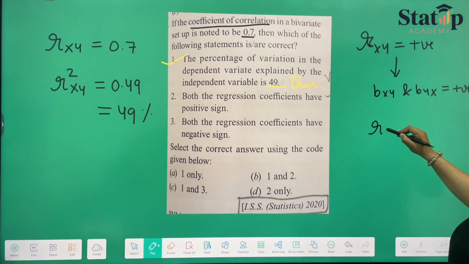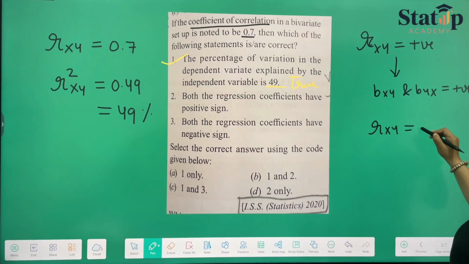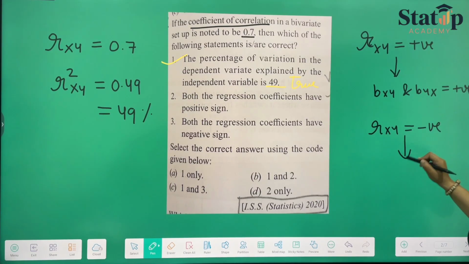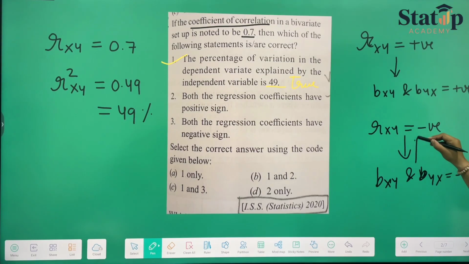And if rxy is negative, then bxy and byx are also negative, and vice versa. If bxy and byx are positive, then rxy will be positive. If either one of them or both of them are negative, then